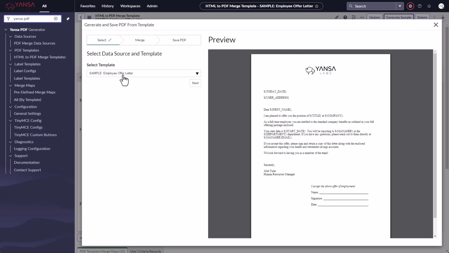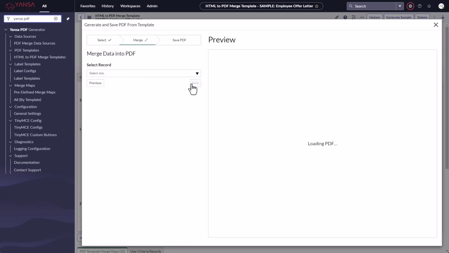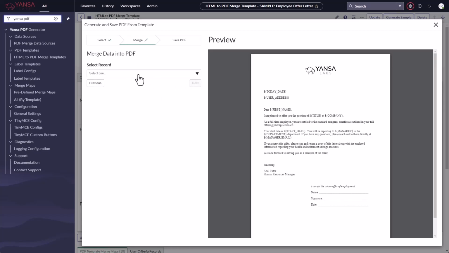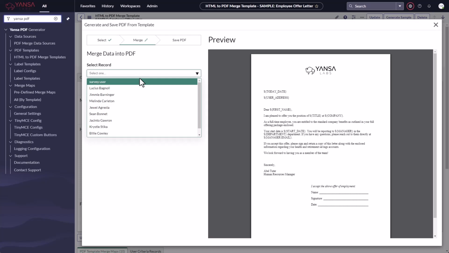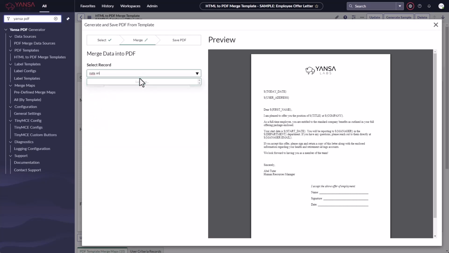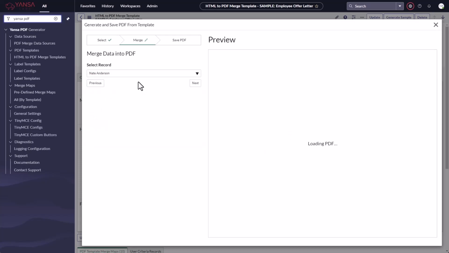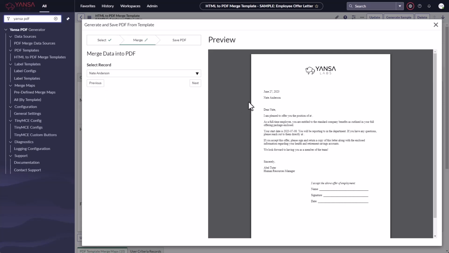In our case, we've pre-selected the employee offer letter template that we're on. When we click Next, it's going to ask us to merge some data in and pick a record from that source table we mentioned earlier. In this case, I'm going to pick my user account. Here, we can now see the merged data right in front of our eyes. We can see the date got filled, my name got filled. We can also see that that start date got filled in the correct format, along with all the other attributes